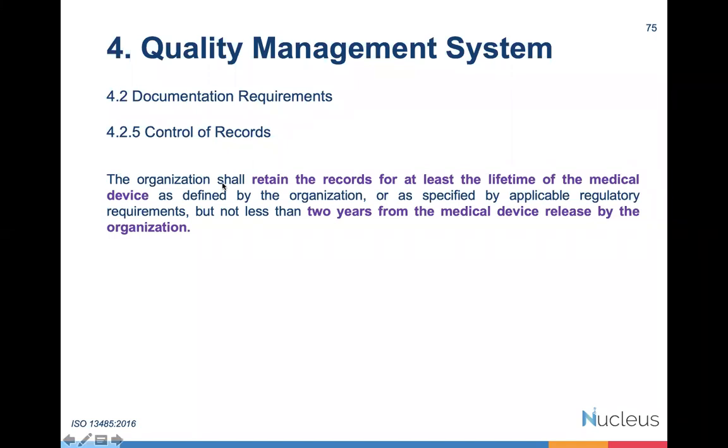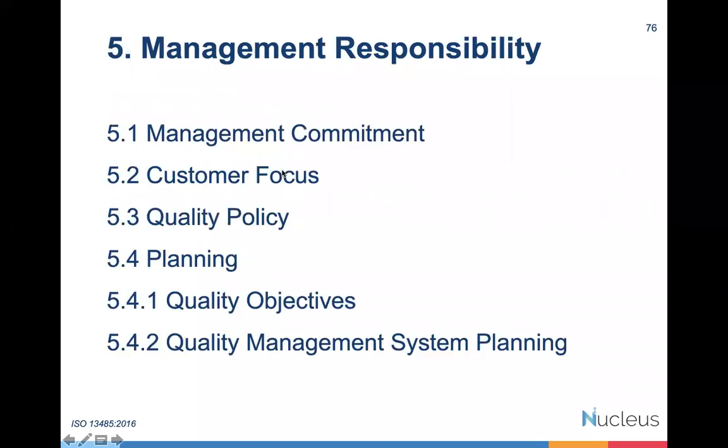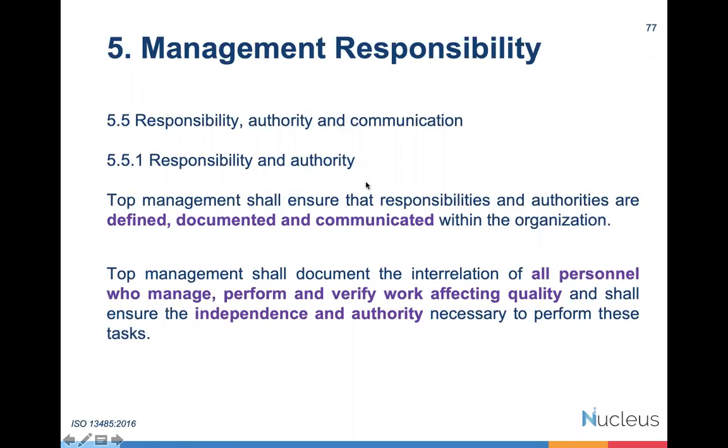So when you are establishing a QMS, you have to consider all these requirements. Then clause 5 talks about management responsibility. Here it starts with management commitment and customer focus. We must have a quality policy, then planning of the QMS, establishing measurable quality objectives for every QMS process you have identified in clause 4, then QMS planning. These are very generic requirements, but 13485 has some additional requirements. Top management must